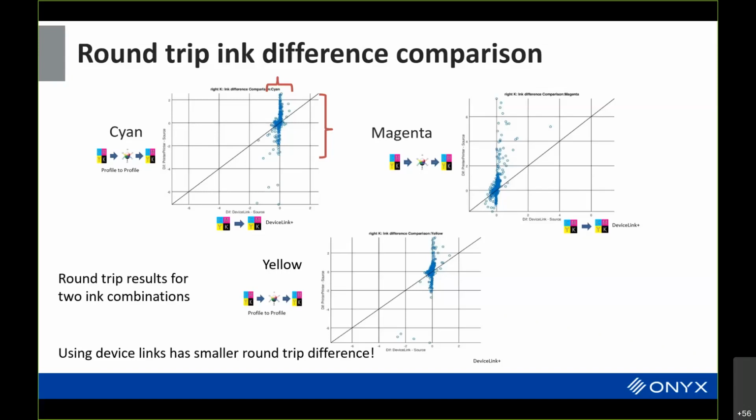These errors are most pronounced for colors near the gamut surface, the most saturated colors. So using the device link allows you to get more saturated results using color management, where some people in some cases will turn off color management because they don't want to lose that saturation.